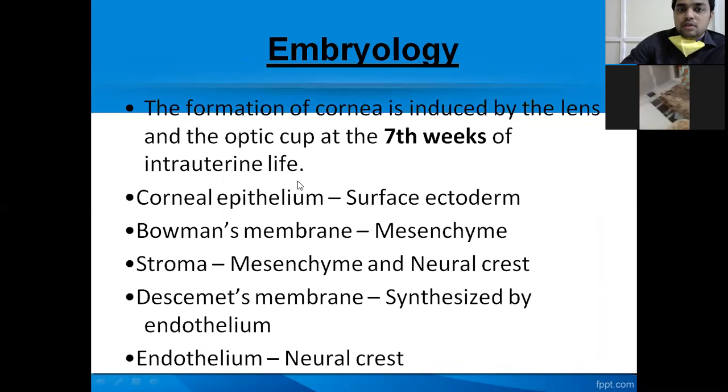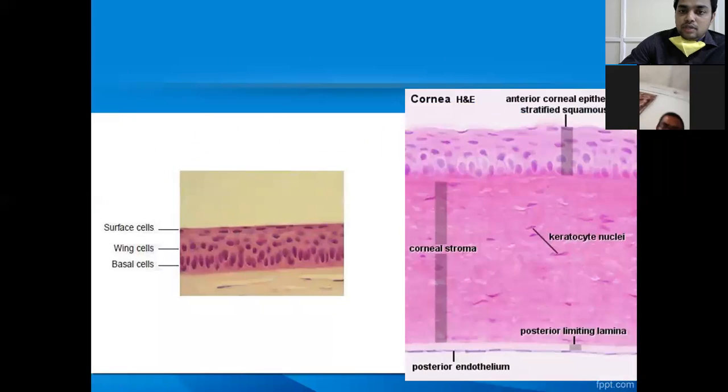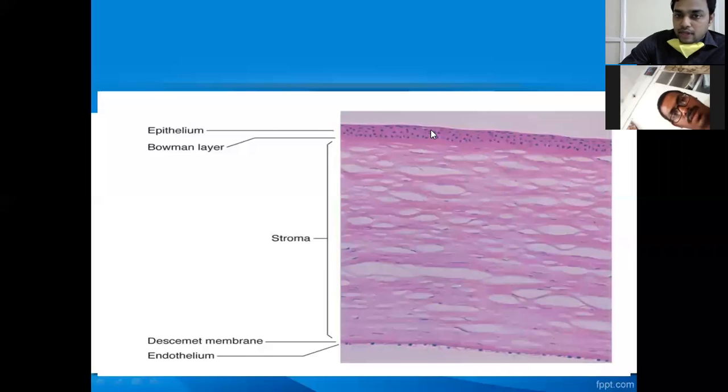So basically, this is the histology of the cornea. It consists of 5 layers. Epithelium is multi-layered, and the tight junctions present in the epithelium help in prevention of influx of corneal tear film into the corneal stroma. And Bowman's membrane doesn't regenerate when there is any damage to the Bowman's layer. It leads to scar formation.